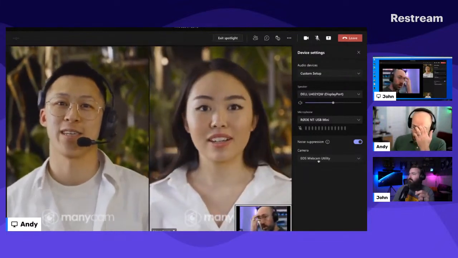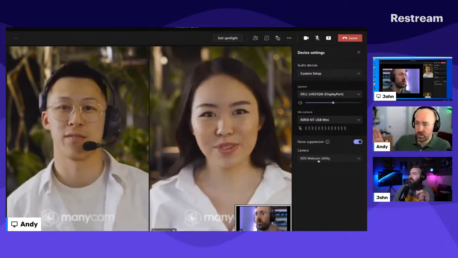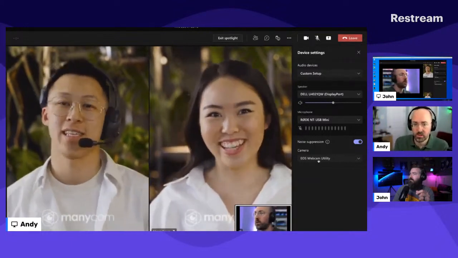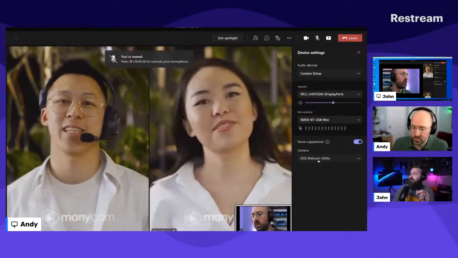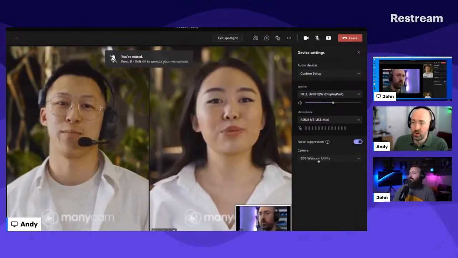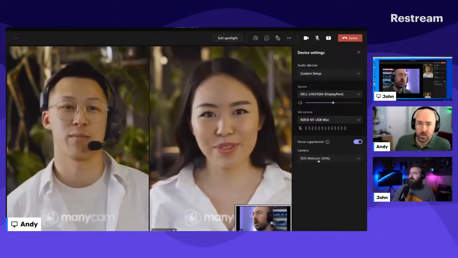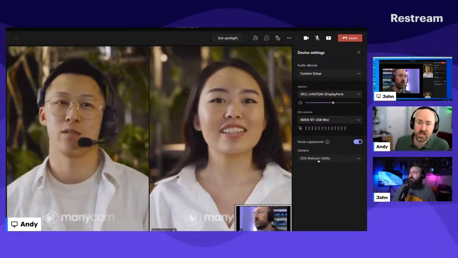But there's a learning curve with that. First and foremost, it's using webcam software, so you've got to install it. Then the webcam software was in beta for a while. Most of the manufacturers have now exited beta, so they're production ready and you can use it. But because it's a USB feed, the resolution is actually fairly low.